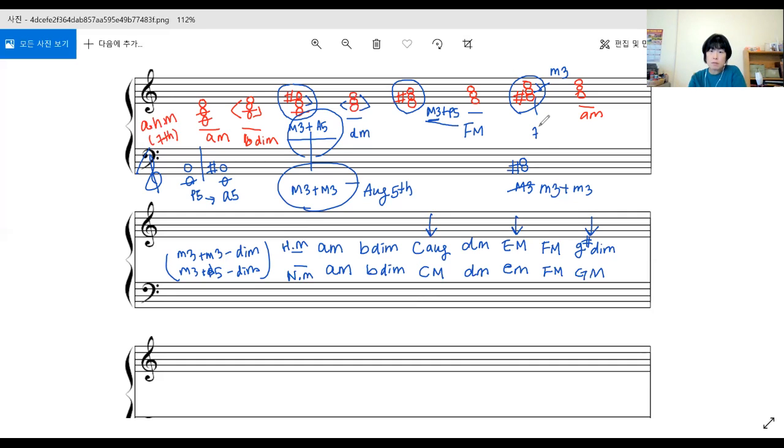This one, the seventh note, right? So this is harmonic minor scale, and you see a little bit different triad appears. Let's look at the